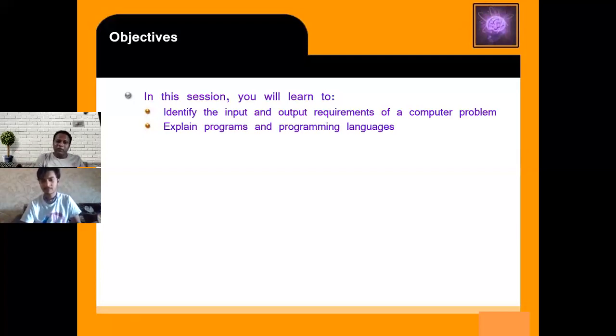But for giving instructions to the computer, we take the help of a high level programming language. Then there is a translator present, which converts this programming language into machine language. That machine language is called the 0 and 1 form.